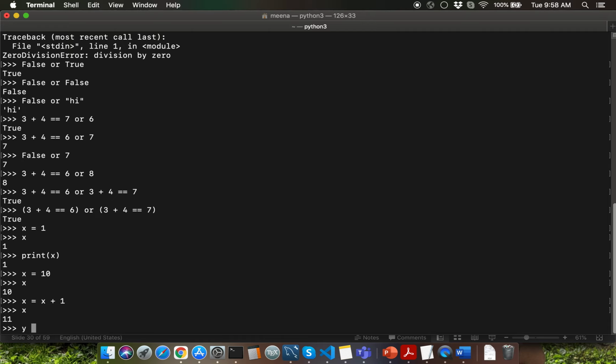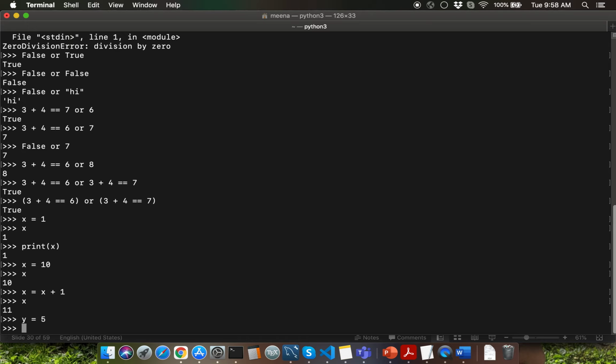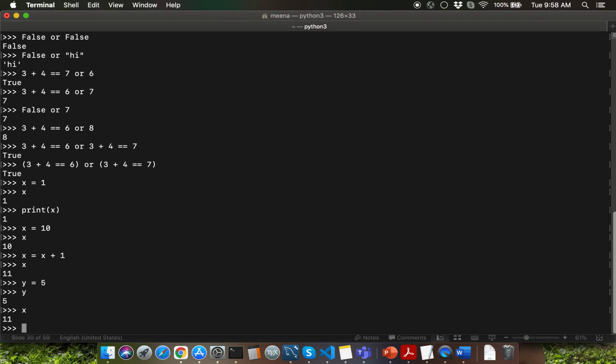You can have multiple variable names. For example, you can say y equal to 5. So it's important for you to get a really good mental model of all the variables that your program uses. Let me introduce to you an excellent tool for that. I'm going to go to the course website, click on Tools, and click on Python Tutor.